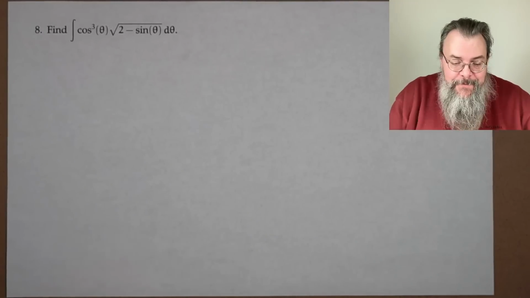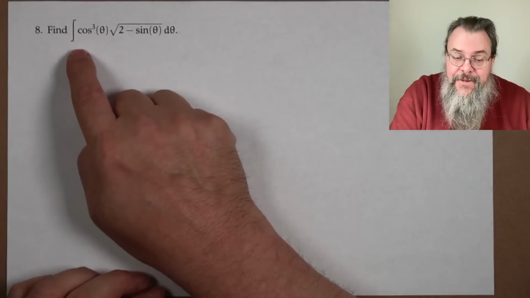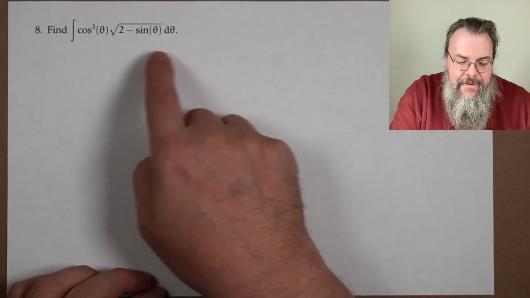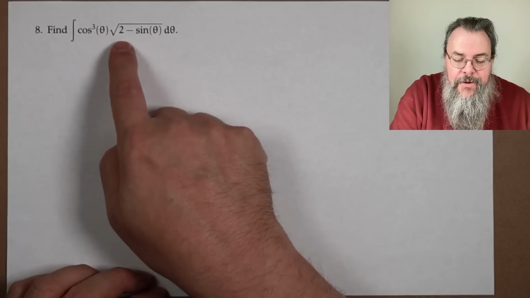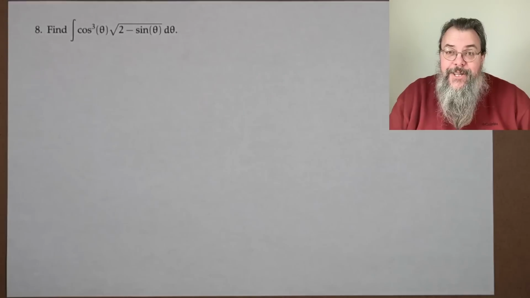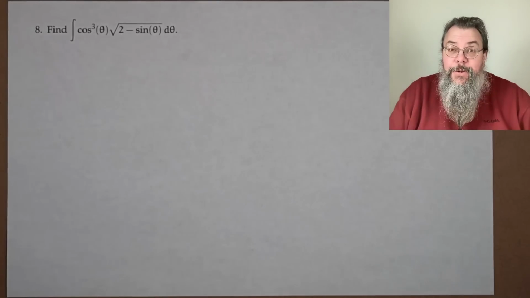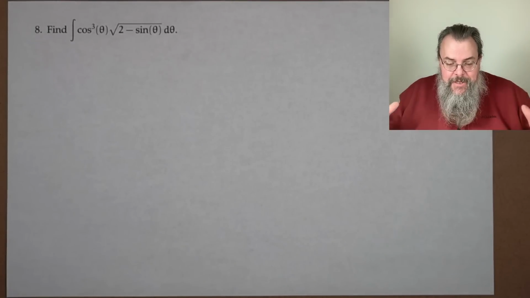Find the following. The integral, now it's an indefinite integral, no bounds, so we have to end up with thetas at the end, so don't forget that. Cosine cubed of theta, square root of 2 minus sine theta, d theta. Okay, well, now we look at this and say,